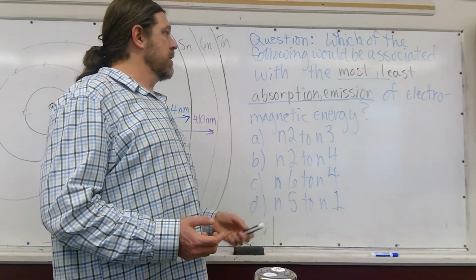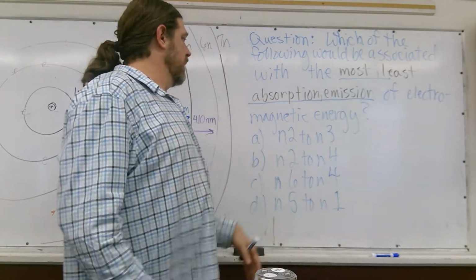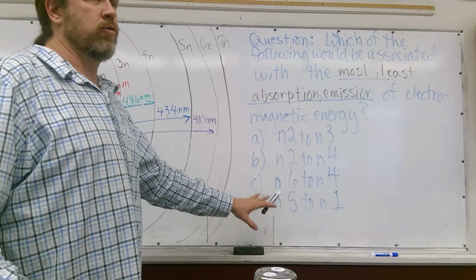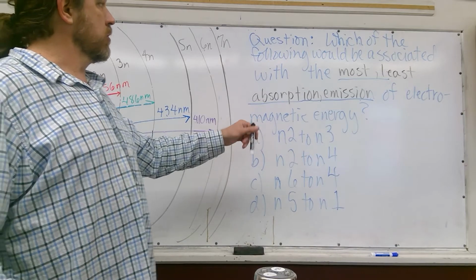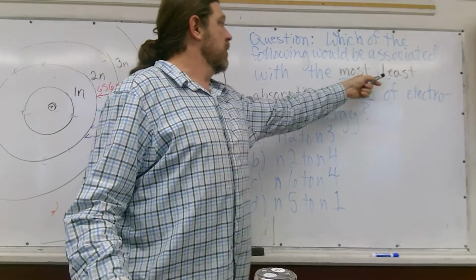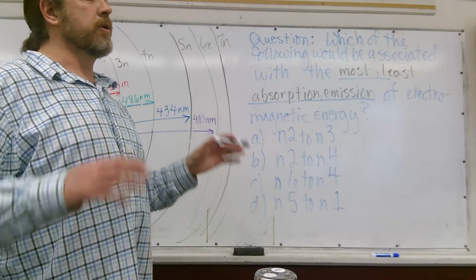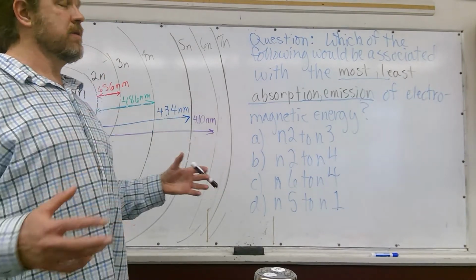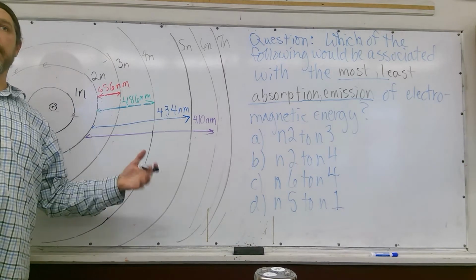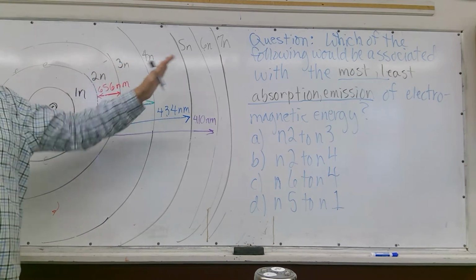be associated with either the most or the least absorption or emission of electromagnetic energy. So in a sense, if I had this otherwise written the same in this structure, you could generate 4 kinds of questions with this: most absorption, least absorption, most emission, least emission. Regardless, the pattern is based on the fundamental idea of how energy is exchanged at the electron level in the electron cloud, if we're looking at your basic Bohr model